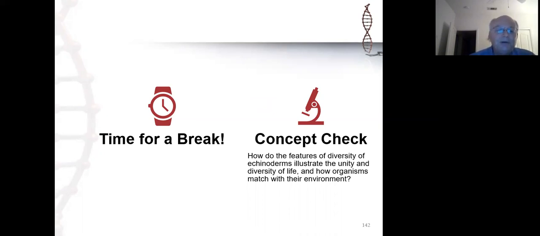One is the presence of the underlying calcium carbonate reinforced endoskeleton, this plate structure. Also the presence of the hydraulic system in the vast majority of echinoderms, the radial symmetry that is associated with all echinoderms, the fact that they undergo a metamorphosis from a bilateral symmetry in the larval form to a radial symmetry in the